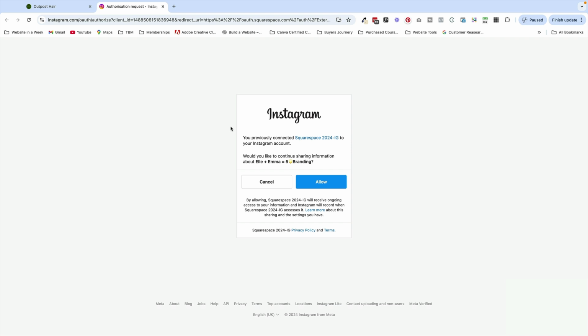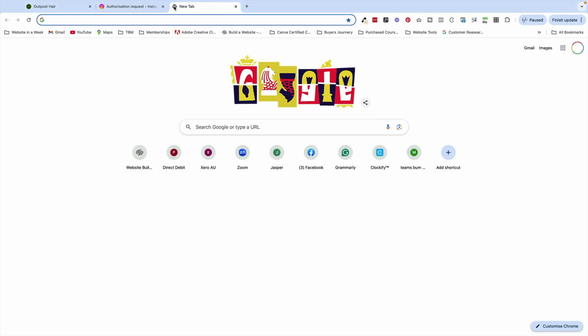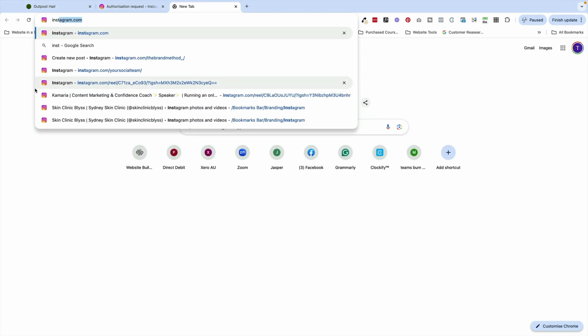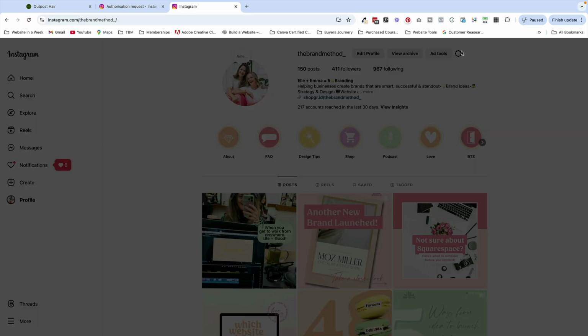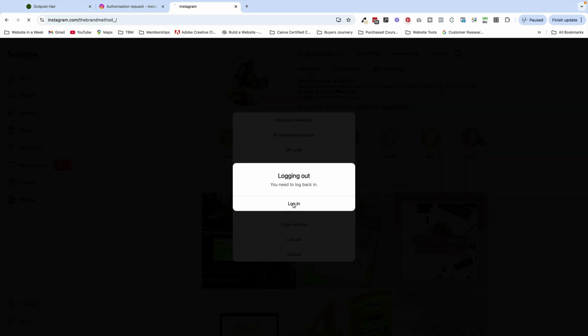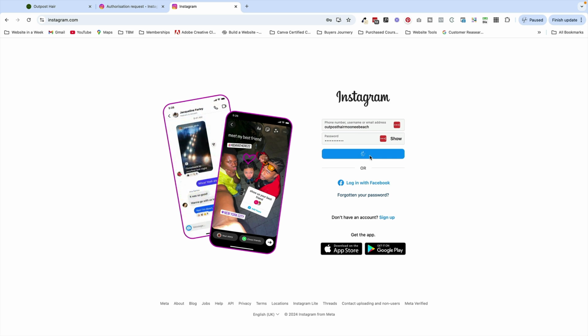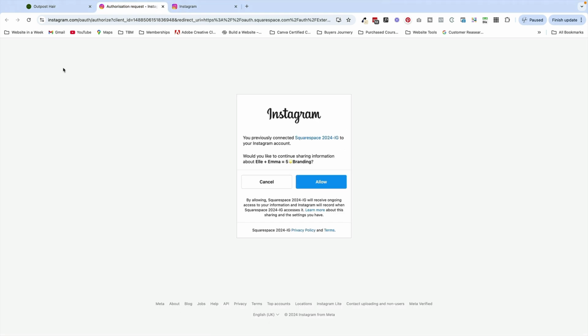You want to make sure that you're currently logged into the account that you want to connect to. You can see here, this is our account. So what I'll do is I'll open a new tab, go to Instagram, log out of my account. Once I'm logged in, I'll go back to that pop-up, refresh the page,